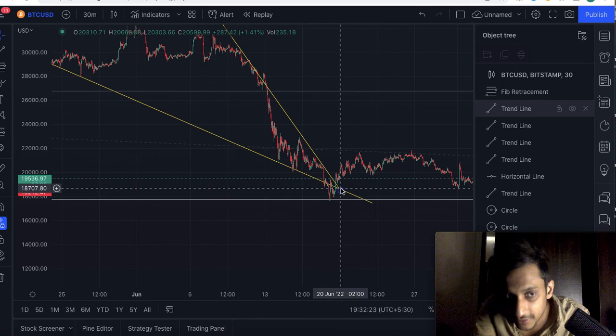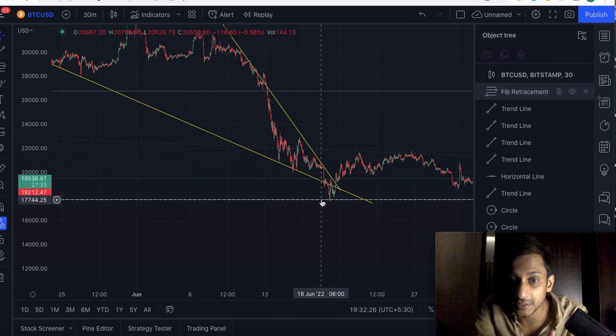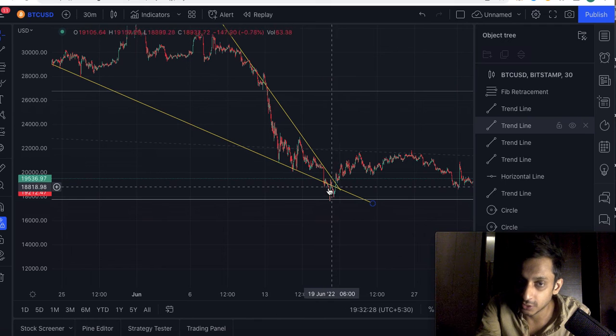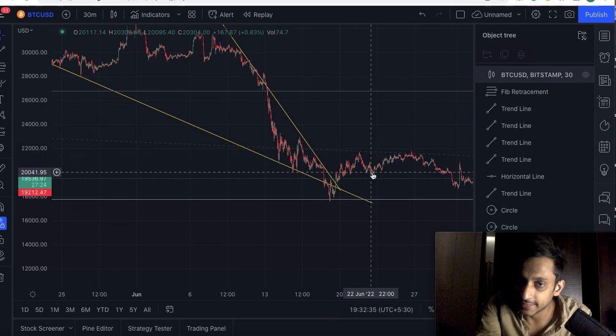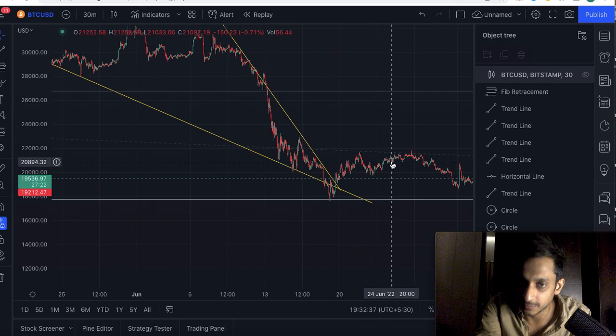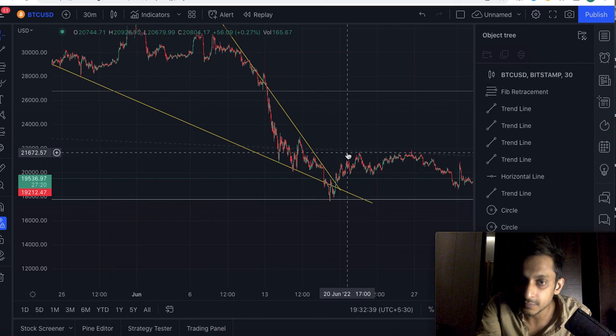The moment you see the bear trap, as I said, open the longs, close your shorts, open the long position or a spot position. Why? Because then you had this upper trend line over and over. And then ideally what happens when you have this upper trend line,